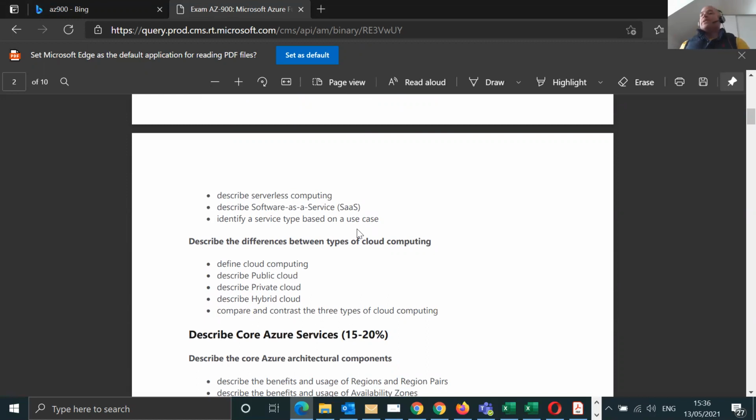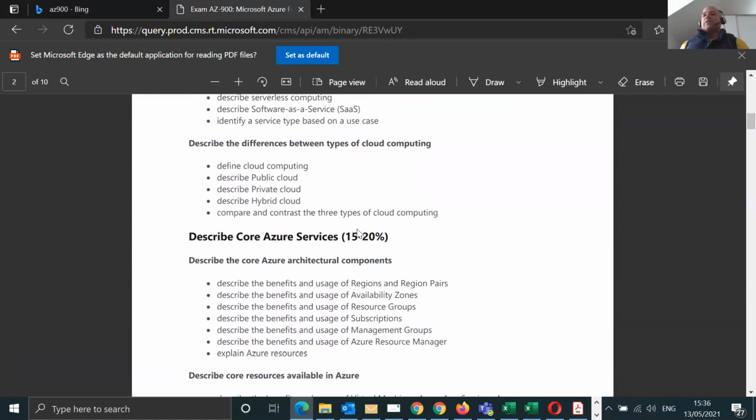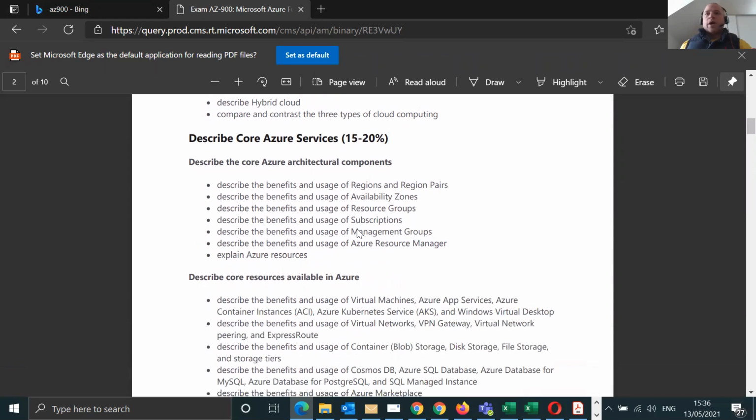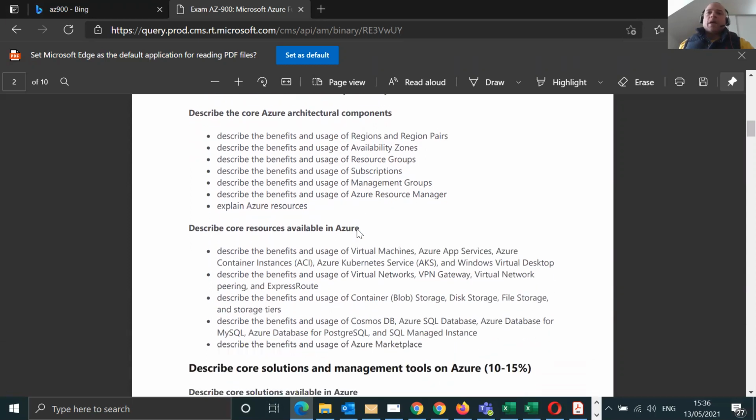If you're into sales, actually, this is a good place for you to start as well. If you're doing pre-sales or sales of any sort, trying to talk to clients about what cloud is, then this is a good place for you to be as well. If you know anyone in sales who's not really getting to grips with what cloud is and is kind of fuzzy-headed about it, point them to AZ-900. This is where they want to be.